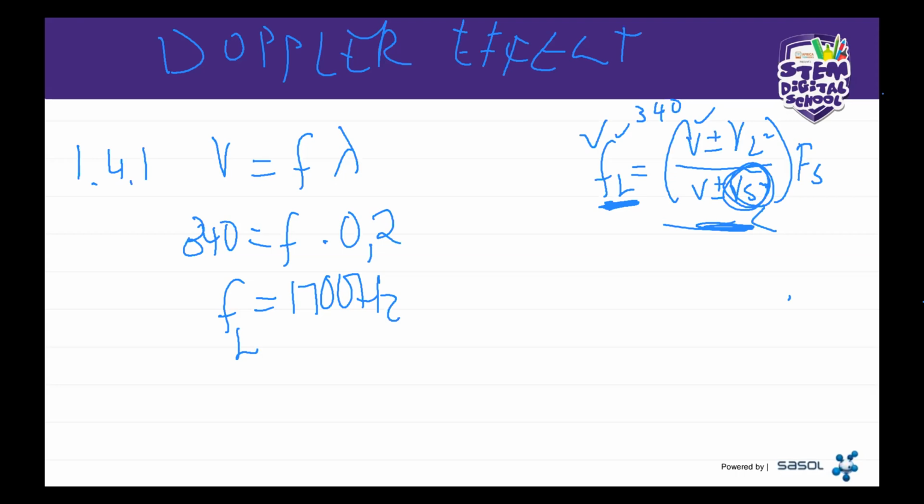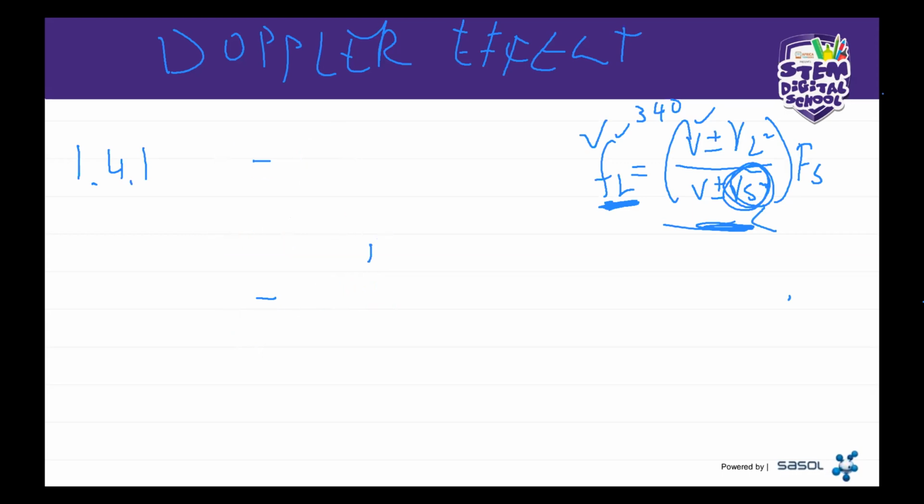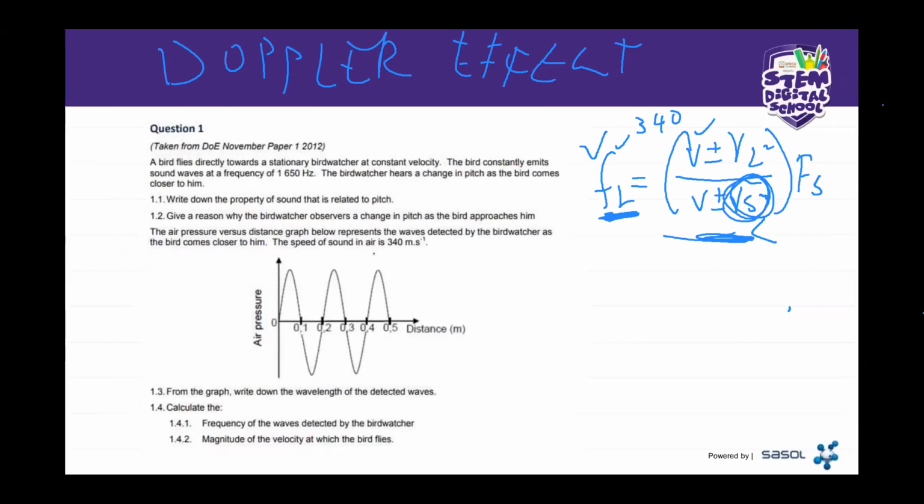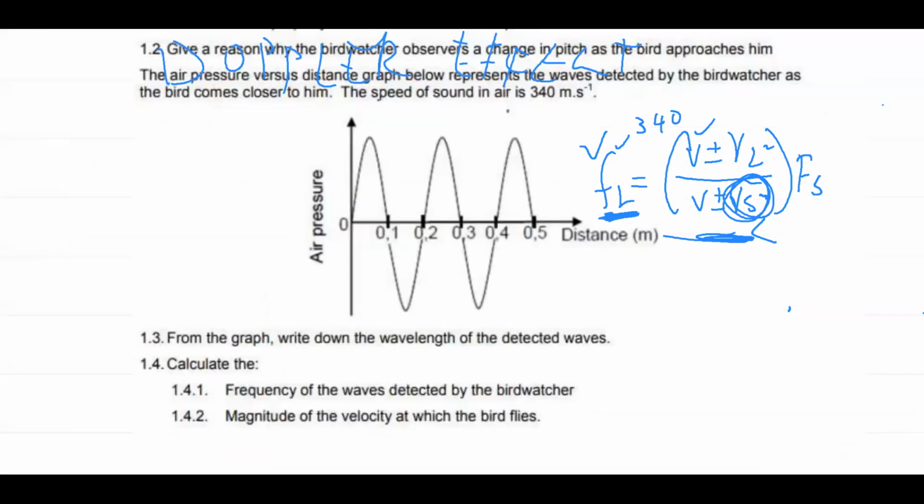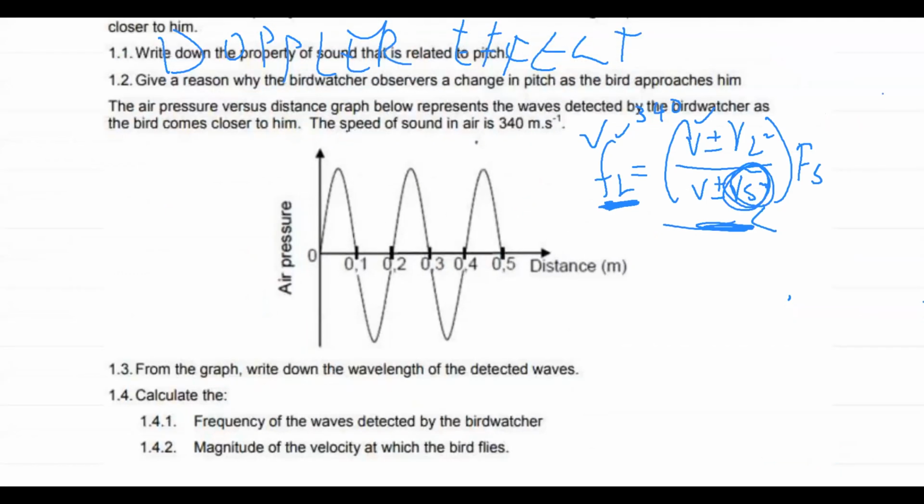Okay. So that is our 1.4. So let's erase that and move to the next question, which is question 1.4.2. It says the magnitude of the velocity at which the bird flies. So now we are looking for Vs, because remember we do not have the velocity of the bird, but luckily